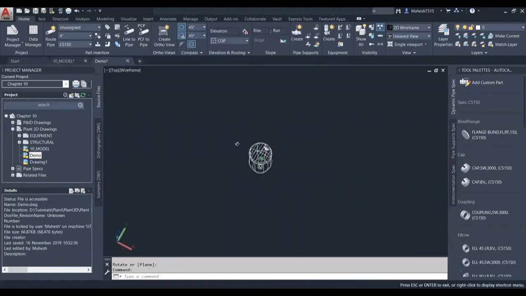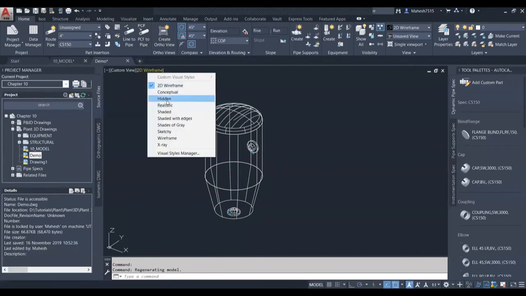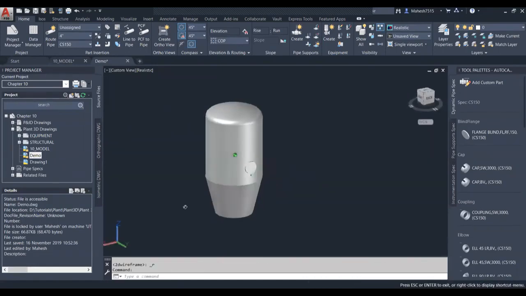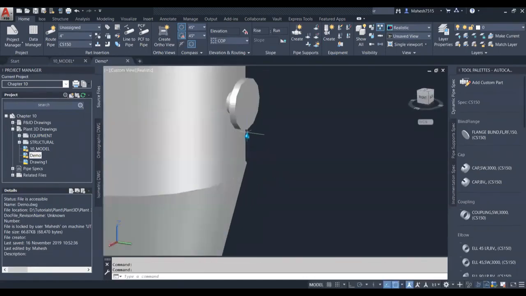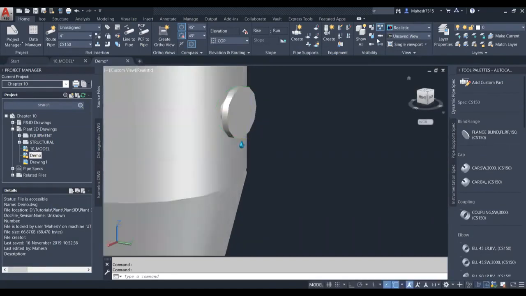Shift and middle mouse button, as we use in the tools. We go for shaded or realistic. Okay, realistic. So again, this teardrop symbol denotes leakage in your equipment, that is, it is not connected to any other part. Where this actually helps is that it can be toggled on and off.